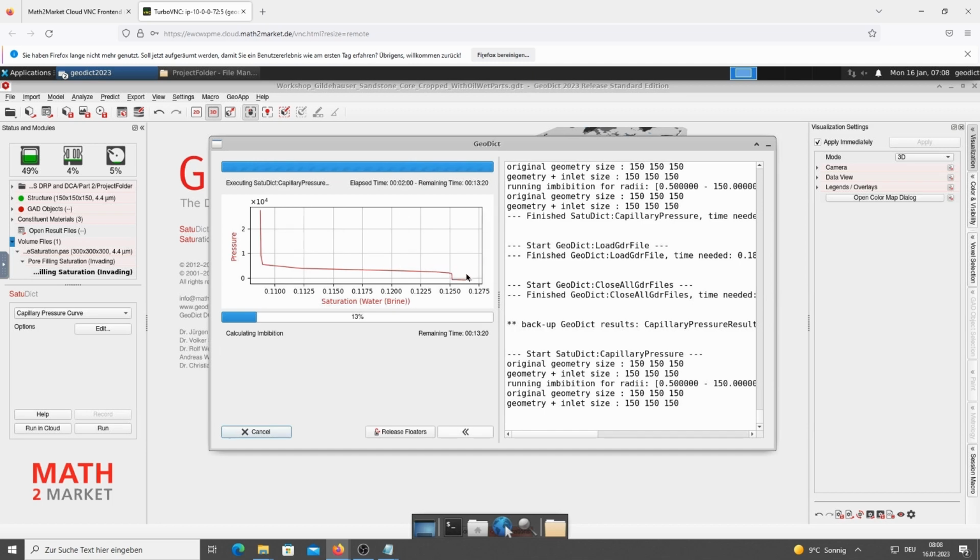Here, the transition from positive to negative capillary pressure happened.